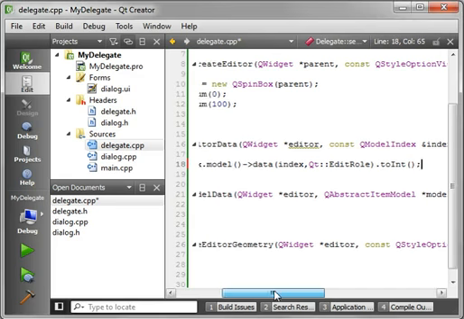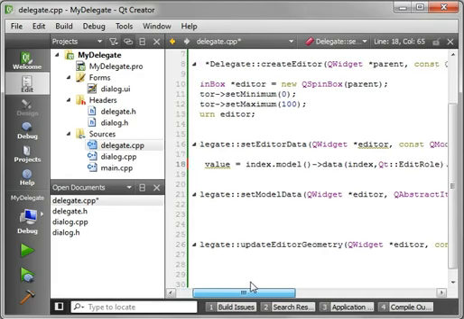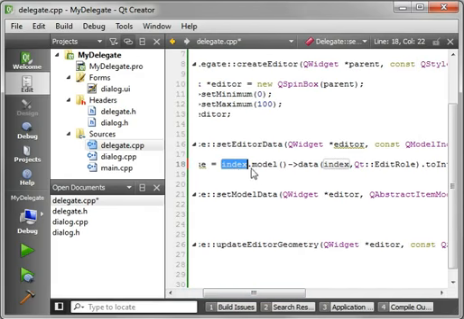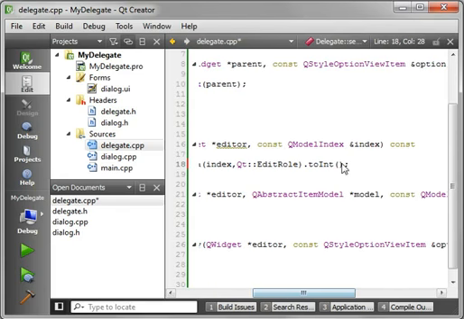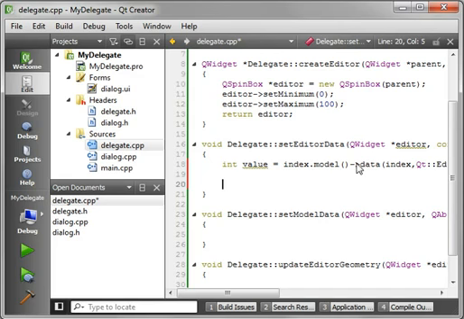So very simply, all we're doing is we're saying we want the value out of the index, and to do that we have to get the model and then the data out of the edit role. Sounds pretty complex, but it's actually not too bad once you really sit down and think about it. Then we have to put that value into the spin box. So we'll say